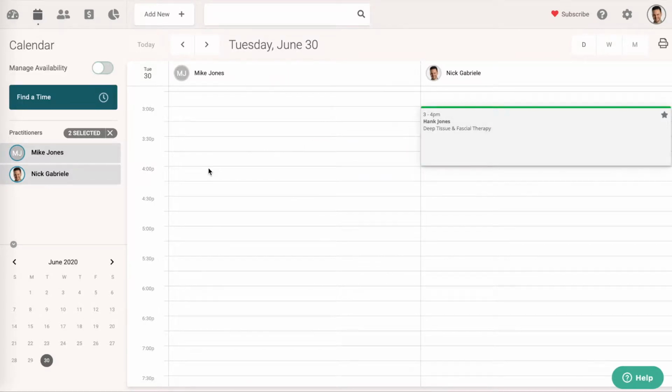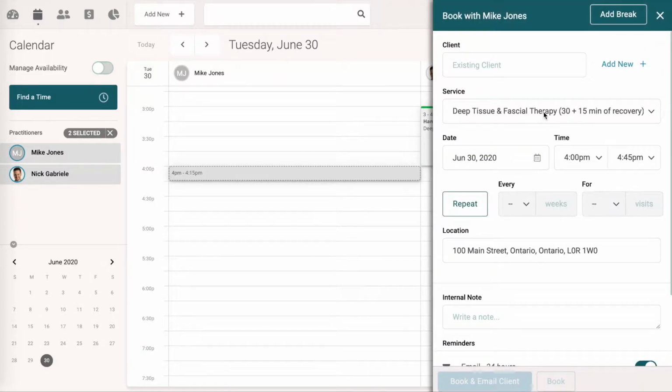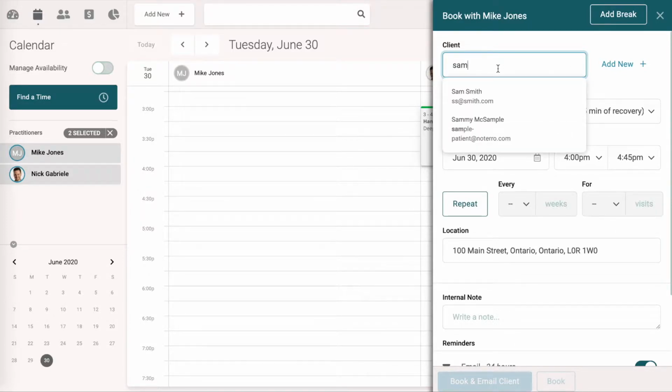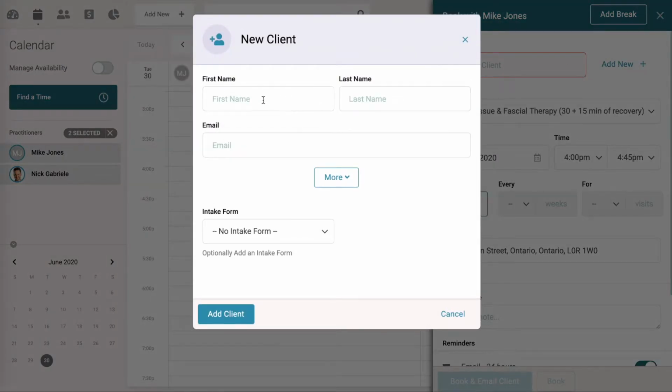We're going to click on the calendar, and we can search for an existing patient or client. So we'll start typing in SAM, and we get an auto select of Sam Smith or Sam Example. We're going to add a new patient or client at this time, so we'll take their first name, Pat, and the last name was Jones, and we'll take their email address, and we'll put their email address in here